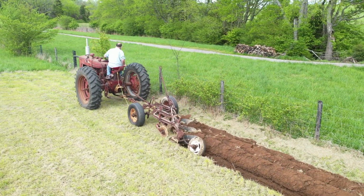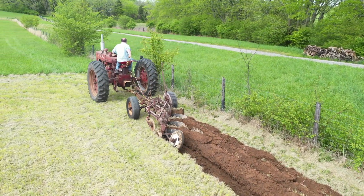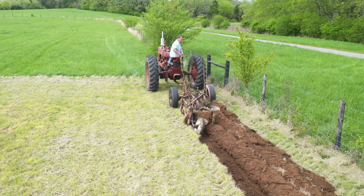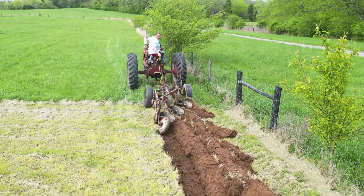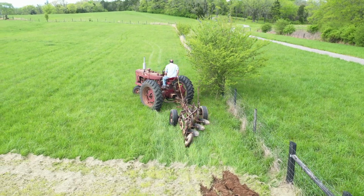I just happened to grab the drone enough to throw in the footage of actually working here, but I know several of you commented and enjoy the sound of the tractor, but I do too as well. But just a little short clip here of just plowing some sod ground that's probably never been turned over. So